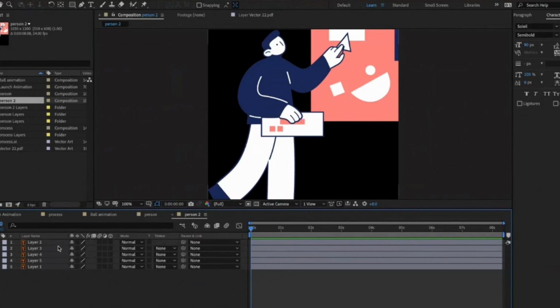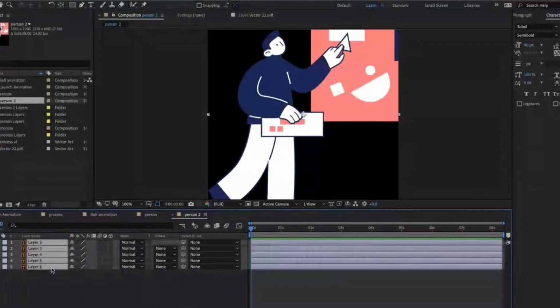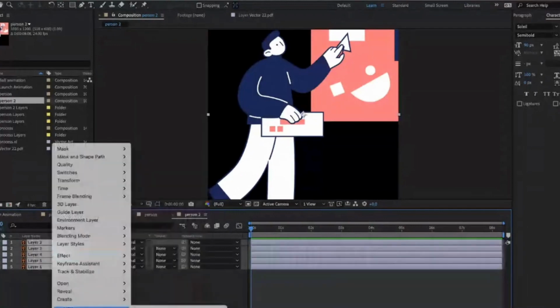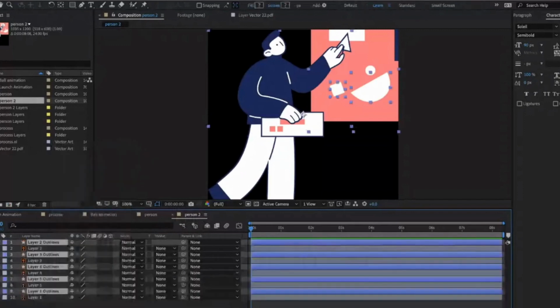One really key thing to note is in this state, if I animate this and then upload it to Lottie, while these are vectors imported from Illustrator, it actually has converted them to bitmap or pixel-based illustration. So if I want them to be vectors and vector animations on the web, I actually need to select them and go create shapes from vector layer.